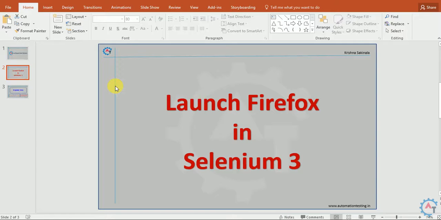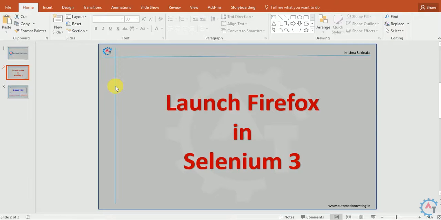Immediately they released beta 2. In that, they changed that line, how you initialize that exe file. In Selenium 3 beta 1, they used webdriver.gecko.driver. Then you have to mention the exe file of your gecko driver. And there we saw some issues, which I have mentioned in my previous Selenium 3 demo videos. But after coming to the beta 2 version, that line got changed